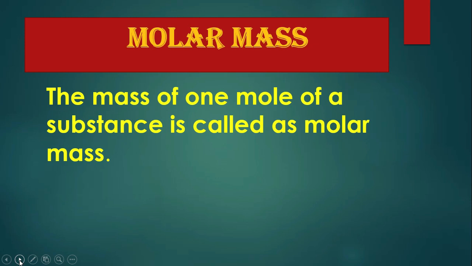Understood? Like, students, there are 118 elements arranged in the periodic table. They are very systematically arranged, and their atomic masses are given. Students, their atomic masses are in amu, but if you represent them in grams, it becomes the molar mass, because if we suppose they are in 1 mole, the mass present in 1 mole will be known as its molar mass.